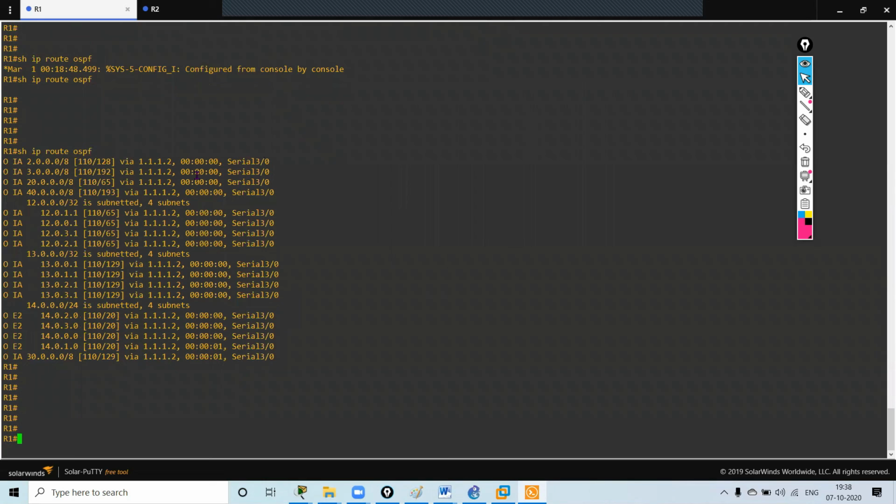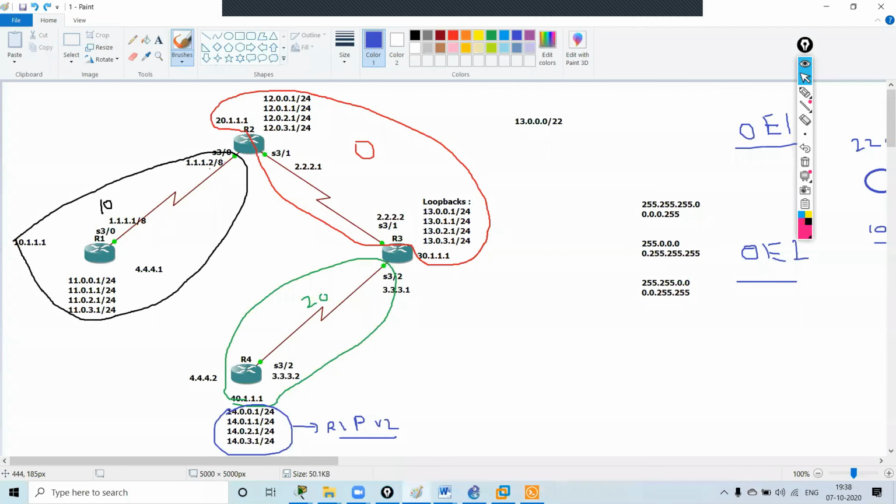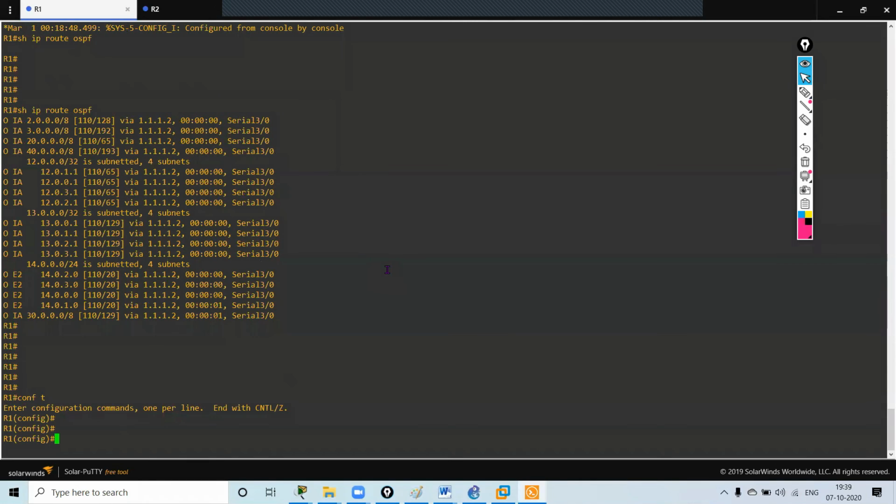Now to configure totally stub, what you need to do on all the internal routers is give the same command on all the internal routers. Here my internal router is only one router, that is R1. As per my diagram, if I go area 10, I am only having one internal router. So on all the internal routers, I have to give one command, that is the same command